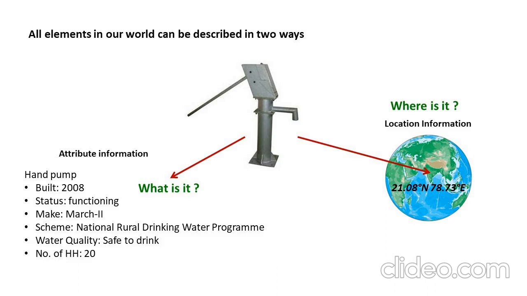What GIS does is connect these two sets of information: location specific information and its attributes or characteristics. This is the strength of GIS. This is what differentiates GIS from paper maps. The paper maps only provide the location specific details. For example, I can produce a map indicating locations of hand pumps in a district in central India. However, the attributes of each of these hand pumps carry vital information. GIS can use this information and assist in in-depth analysis. You will get more clarity as we go along.